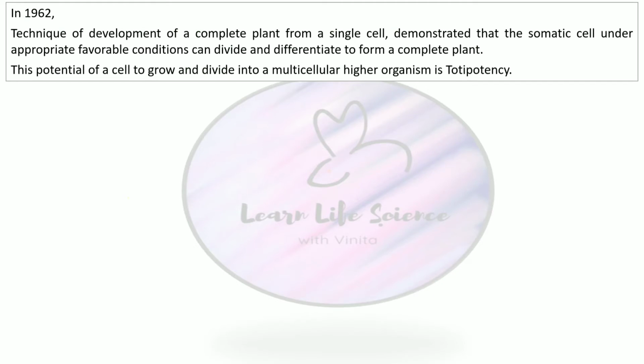So in 1962, the father of plant tissue culture, Haberlandt, proposed a technique of development of a complete plant from a single cell. He demonstrated that a somatic cell under appropriate favorable conditions can divide and differentiate to form a complete plant. He mentioned that if you take a single somatic cell and culture it under proper media or phytohormone containing media, that somatic cell